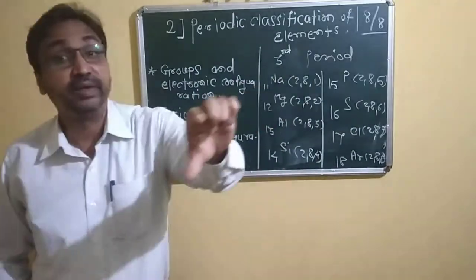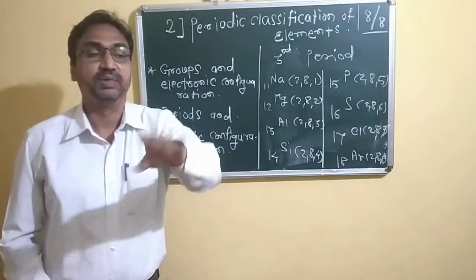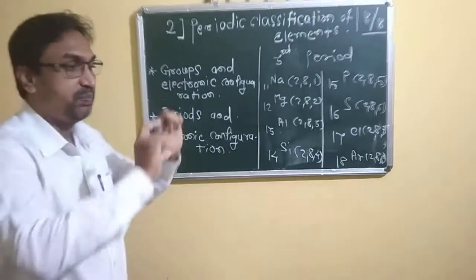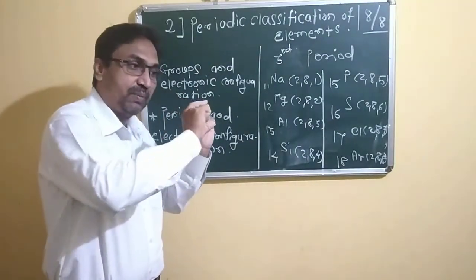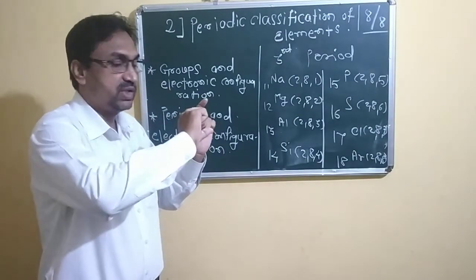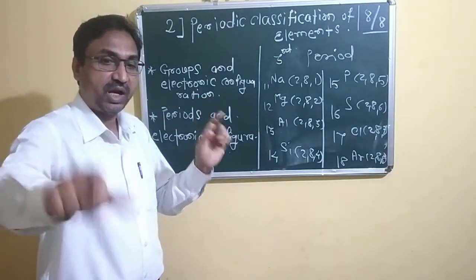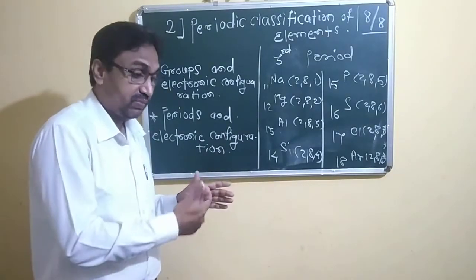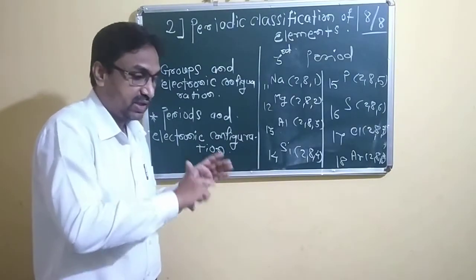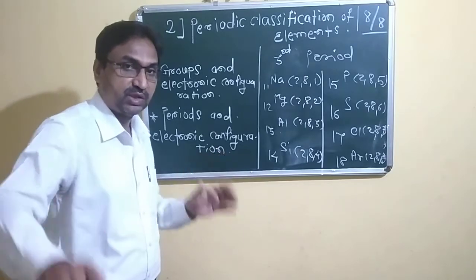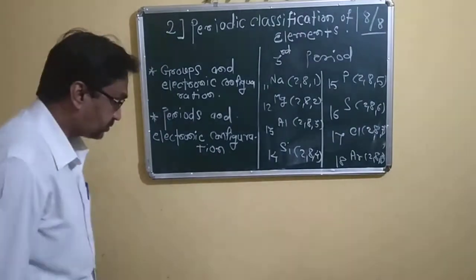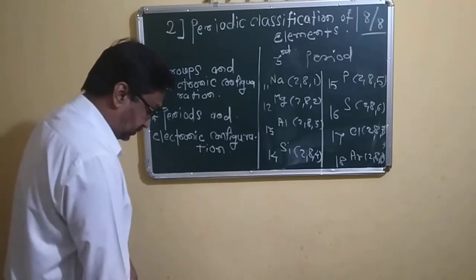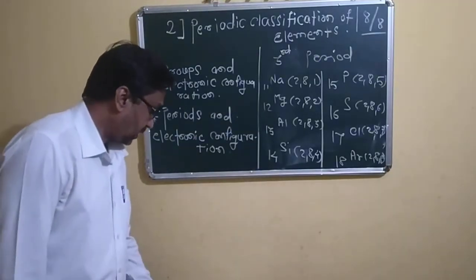For the third period 3 shells are required. For the fourth period 4 shells are required. For the same period, one shell is completely filled. And for the next period, another shell is added to it, electrons are added in it, and the next shell is filled. In this way, that is a peculiarity we can easily see. Okay.